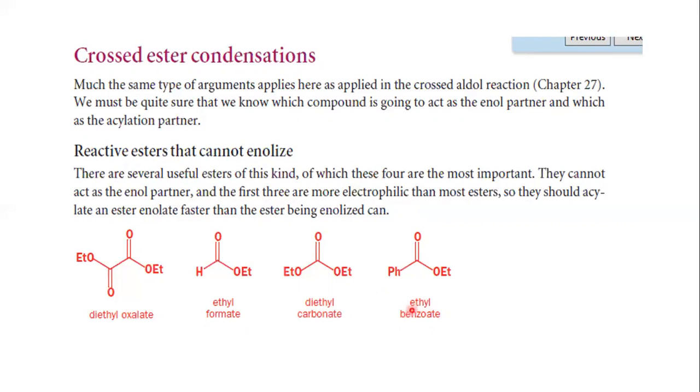So there are 4 different esters given to you. Among these 4 esters, first try to find out whether they are going to behave as nucleophiles, meaning they are going to form the enolate, or whether they are going to behave as electrophiles. If you can see, none of these 4 have an alpha hydrogen. In all these 4 ester molecules, none of them have alpha hydrogen. So that is why all these 4 esters, if you use them, are going to act as an electrophile. And the other ester, if it has an alpha hydrogen, will act as a nucleophile and form your product.